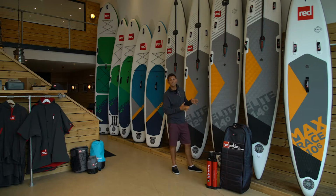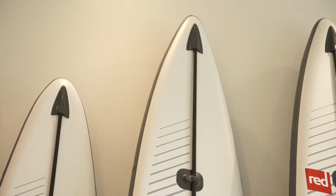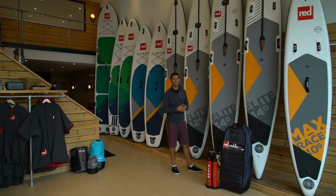Now, looking at some of the features on the board, if we look up towards the front third, you can clearly see the FFC rod there. So that's a carbon two-piece rod which fits inside the bag, and it stands for the Forward Flex Control. So it's a patented system exclusive to Red Paddle Co, and it's inserted into that nose cone right at the front of the board, which also doubles up as a bit of a splitter. So any wash or waves coming over the front of the board is washed over the sides of the board